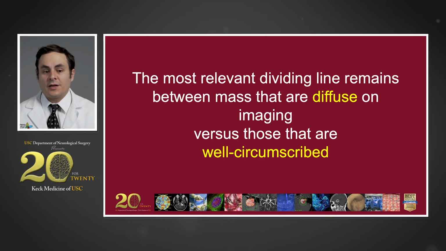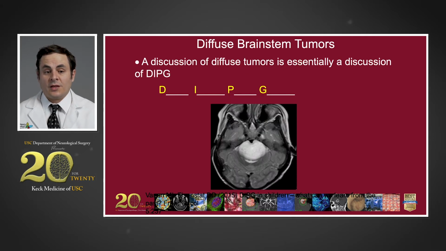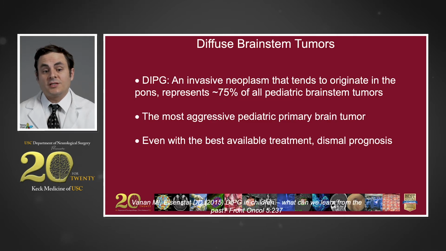The most relevant dividing line really remains between masses that are diffuse on imaging versus those that are well circumscribed. And a discussion of diffuse tumors is essentially a discussion of DIPG, diffuse intrinsic pontine glioma. DIPG is an invasive neoplasm that tends to originate in the pons, and it represents approximately 75% of all pediatric brainstem tumors. It represents the most aggressive pediatric primary brain tumor, and even with the best available treatment, it has